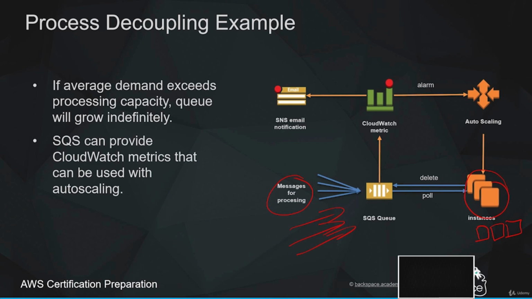We can do the same thing with the SQS, or Simple Queue Service. We can let those messages come in and they can build up in a queue until such time that our auto-scaling group of EC2 instances can get to that queue and empty out the queue. And that is great because we have now decoupled our demand from our application. And so if spikes come in, our application can handle it.